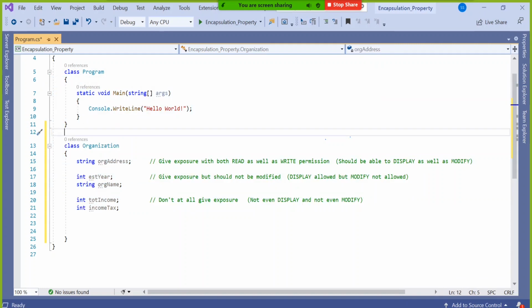Anybody there who didn't understand the requirement? Because from here onwards, everything we are going something like real-time touch.